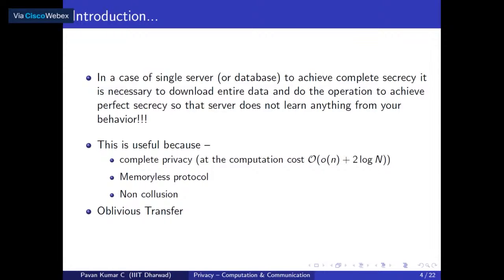Now, if you're keeping the encrypted data over the cloud, but you want to modify the data, or take something out, or add something to the data, what will you do? One solution is to download the data, do the modifications after decrypting, and then encrypt it again and put it onto the cloud. Even though it looks simple, and the solution satisfies the requirements,